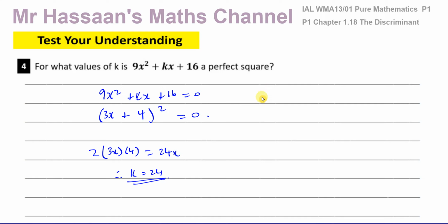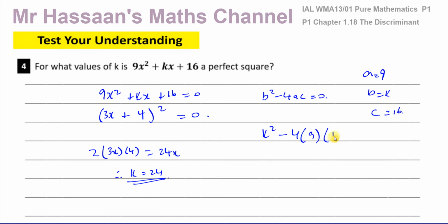Alternatively, we could have understood that the discriminant is going to be 0 when you have a perfect square, because that's the case where you have one root. Perfect square is always going to be when you have one root. So we could say b squared minus 4ac is equal to 0. So our a is 9, our b is k, and our c is 16. So if you substitute these in, you got k squared minus 4 times 9 times